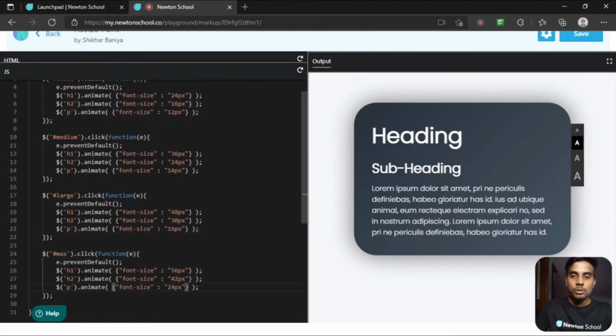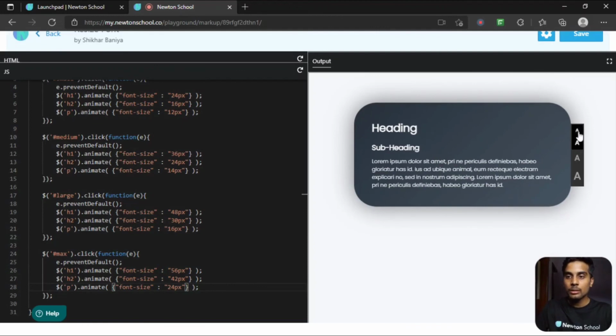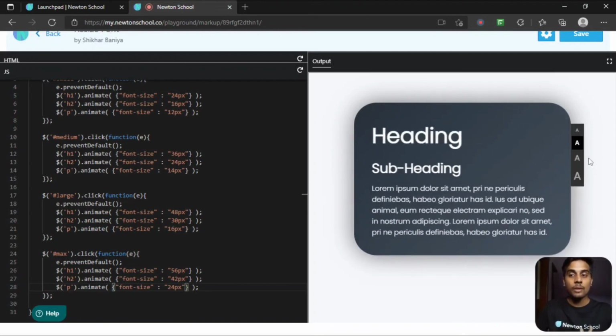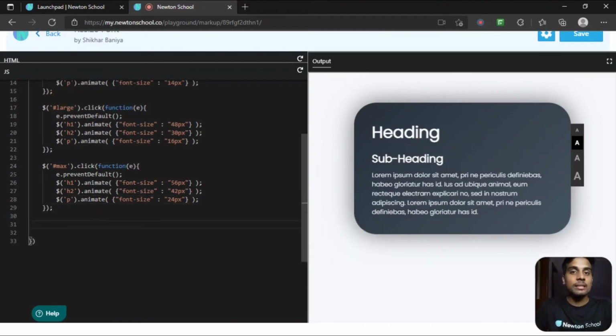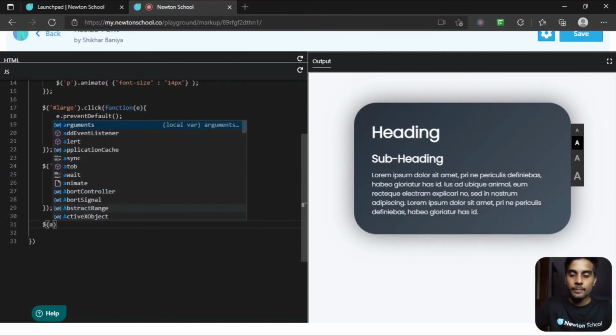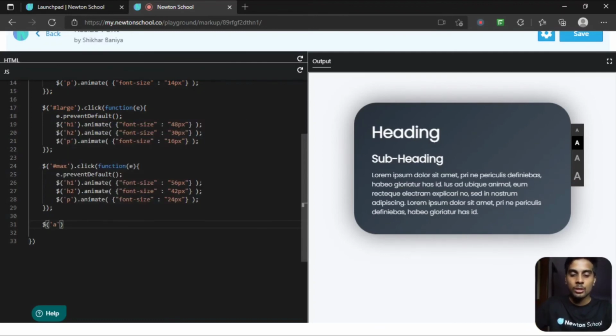Also, you might have noticed that when I click on a button, I want the small one to be inactive. When I click on large, I want the large one to become active. For that, basically all of these are anchors. So let's target a, dot click.